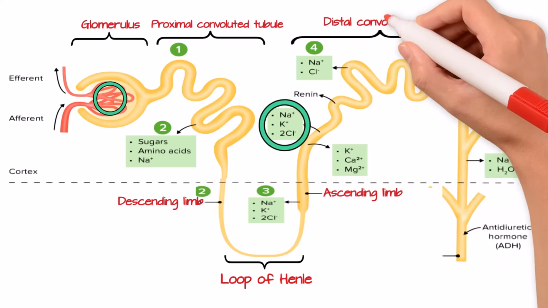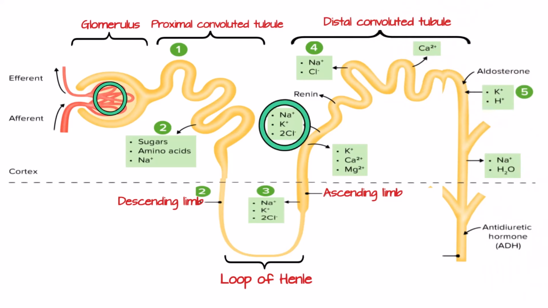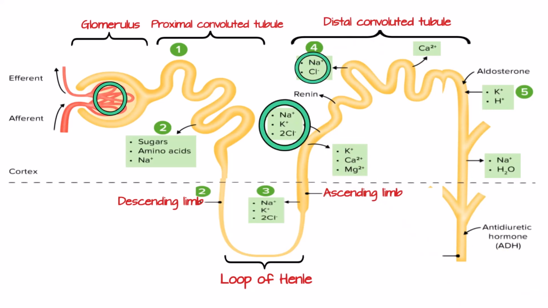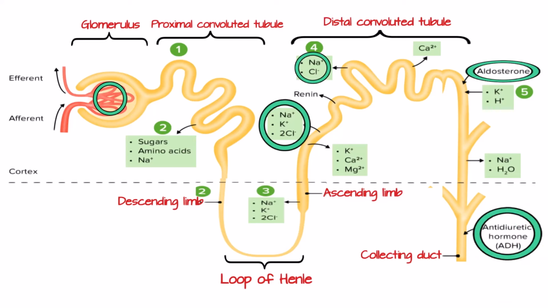After passing through the distal convoluted tubule, where the filtrate is comparatively impermeable to water, 5 to 10% of the sodium chloride is reabsorbed, primarily by the sodium chloride cotransporter. At this point, the filtrate is further diluted. After passing through the late distal tubule and collecting duct, the filtrate eventually reaches the principal cells and intercalated cells. Here, 2 hormones regulate the functions of the principal cells: aldosterone, which increases potassium secretion and sodium reabsorption, and antidiuretic hormone, which increases water permeability and, consequently, increases water reabsorption.